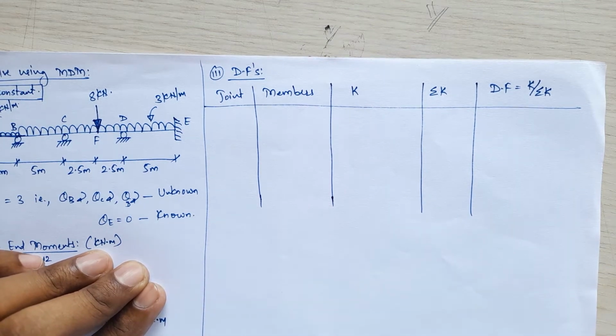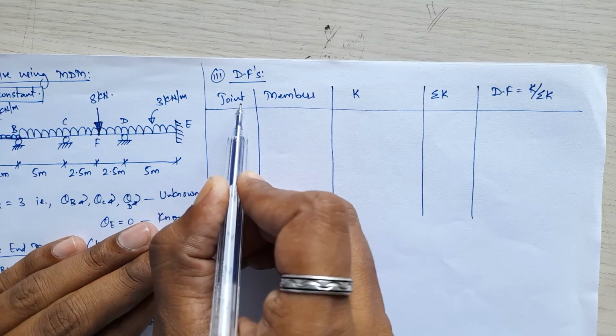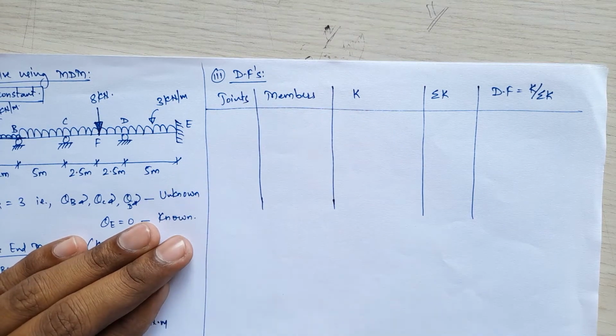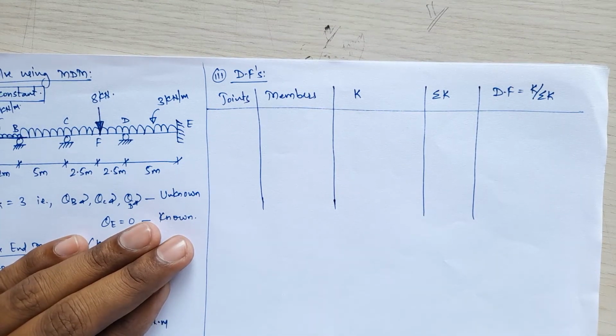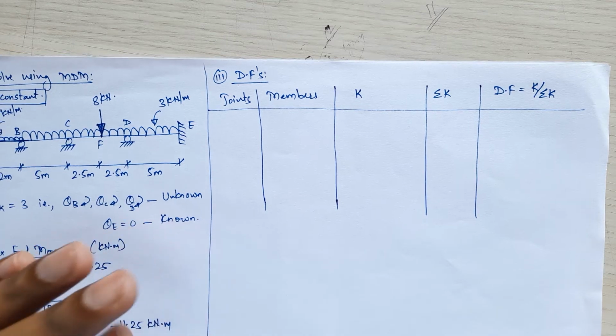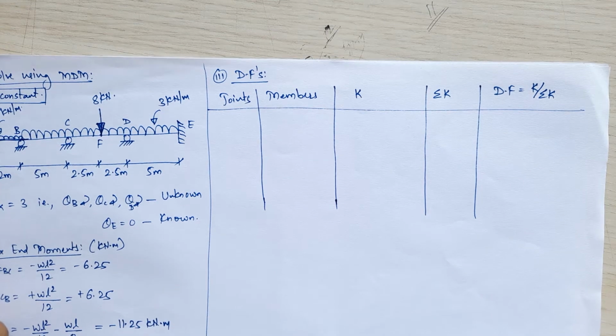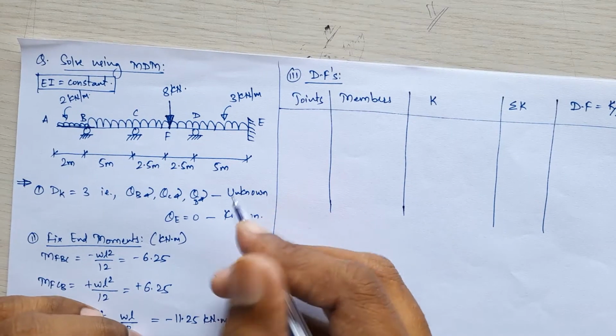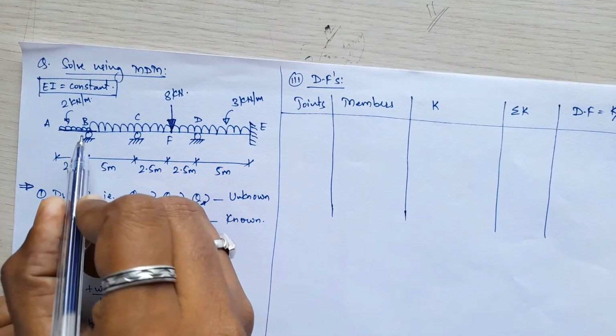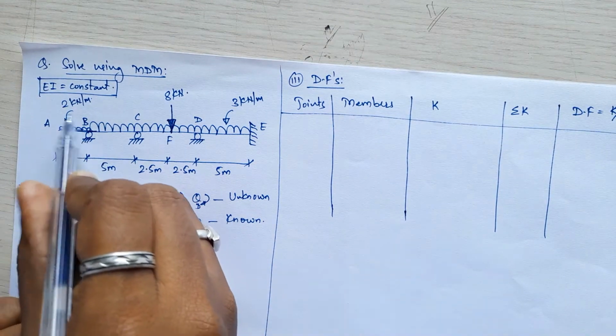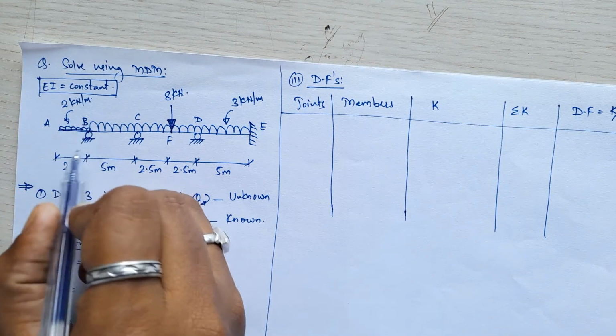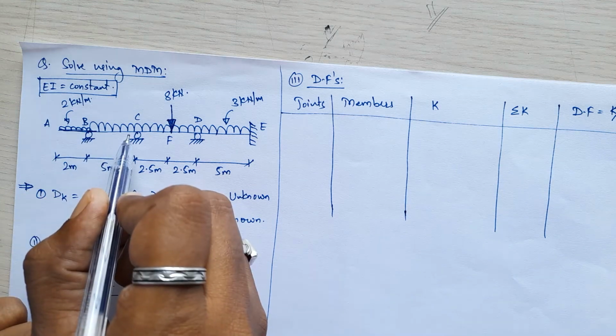Okay, now in the first column, while considering the member joints, I have told you in the previous lecture that you have to consider only those joints which have 2 or more than 2 members. For a single-member joint, the distribution factor will always remain equal to 1. So you have to search for such joints in your numerical. At B, this will not be treated as a member because this is the overhanging part. So B is treated as a joint which has only 1 member.